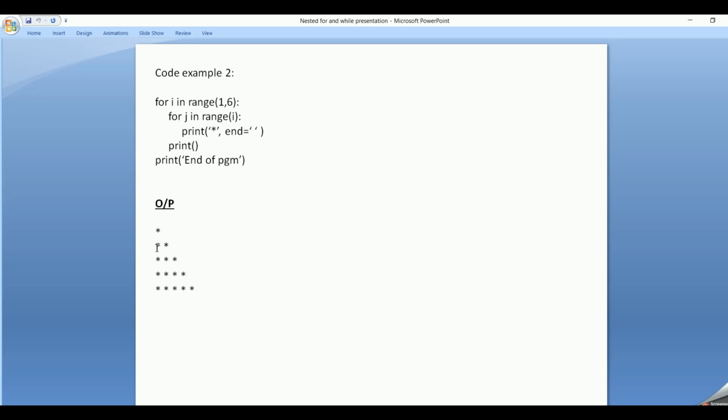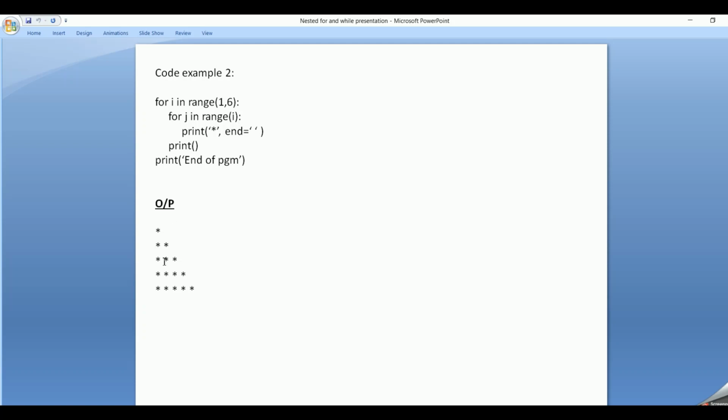So this asterisk is for the 0th value and this is for the first value. And now after it goes through twice, it comes to the next statement, which is print. So it will come to the new line, and once it comes to the new line, i increments to 3 and j ranges till 2, that is 0, 1 and 2.